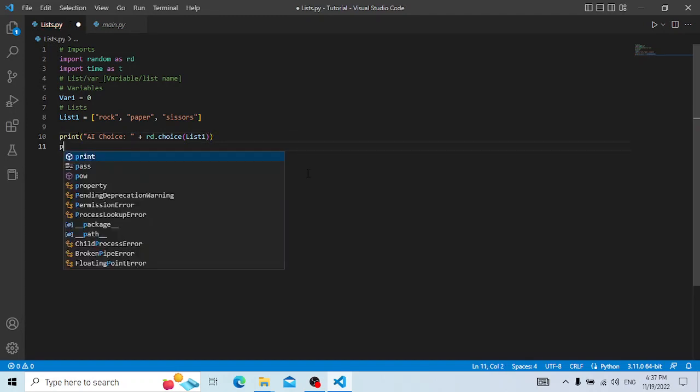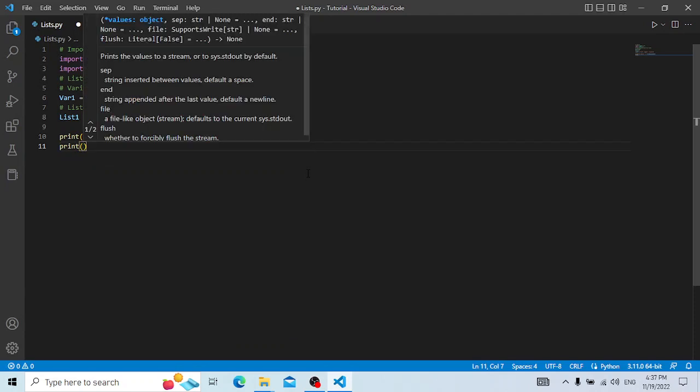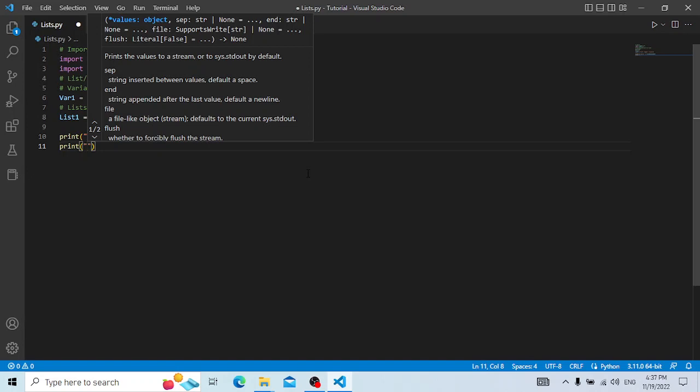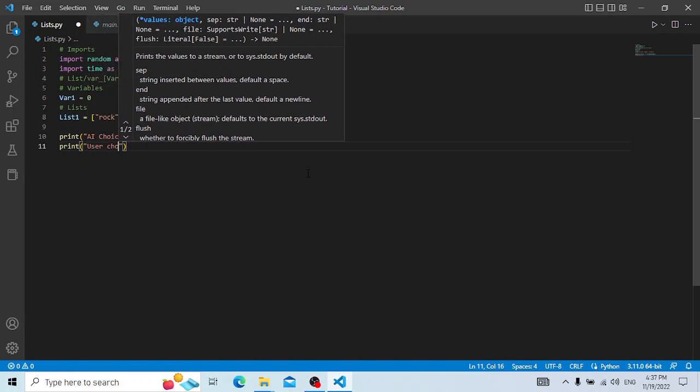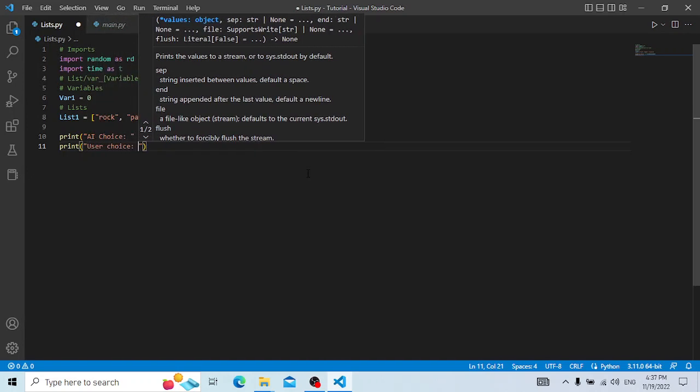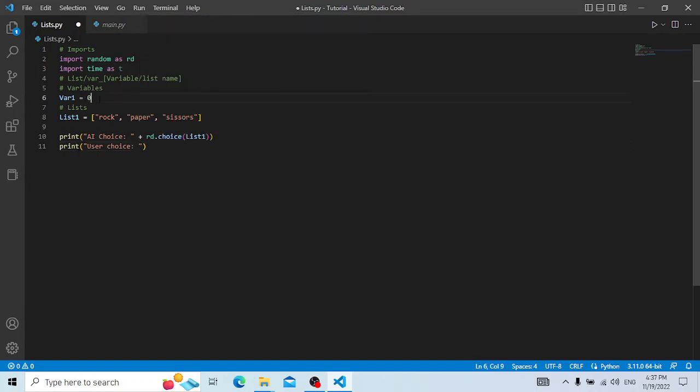And then I can say print user choice, and I can say variables here, so user choice, and then make sure I capitalize that and put var there, and then we'll make that 0,